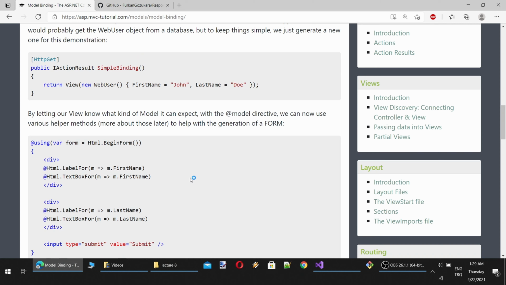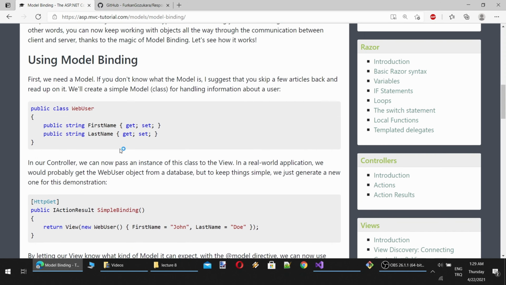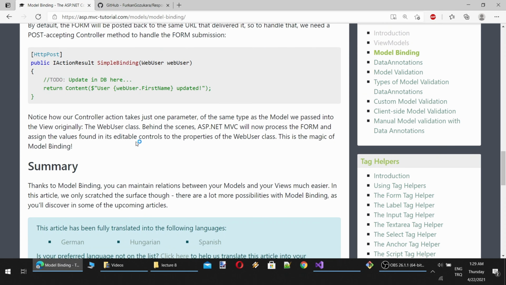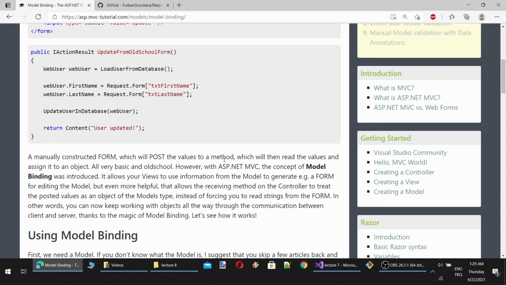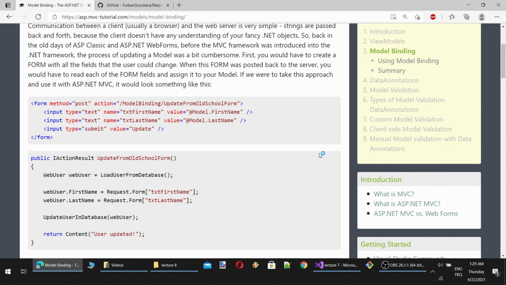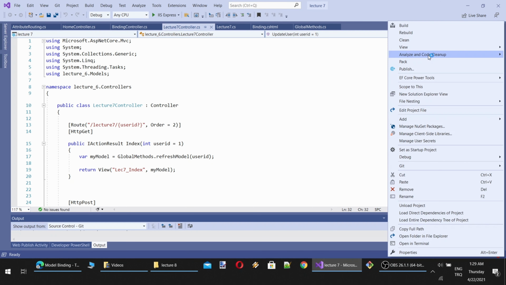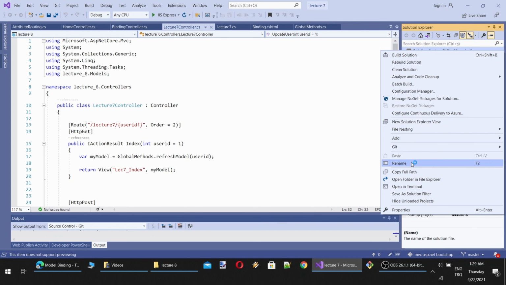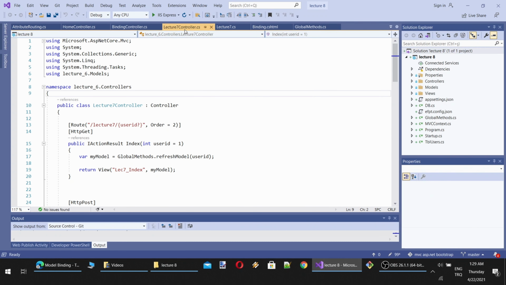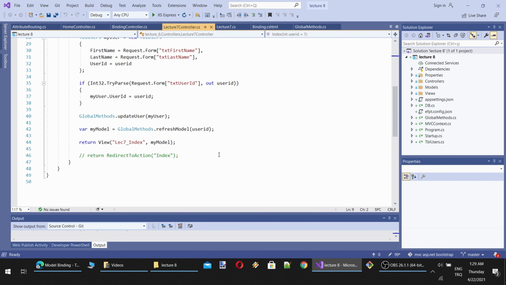Okay. So in model binding, we were able to bind parameters to our model, and in the code behind, they were automatically getting bound. In a moment, I will show that and we will remember it. It was much easier to use than old school HTML form posting and such. Okay, so let's rename our lecture to 8. You see we have lecture 7 controller, and here we should have the model bound version.